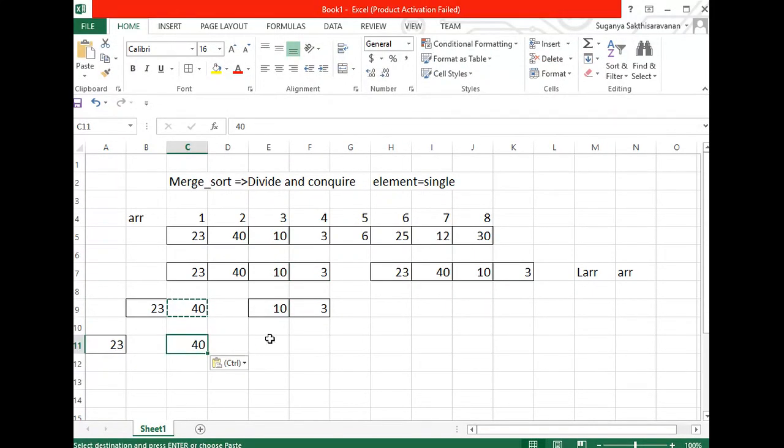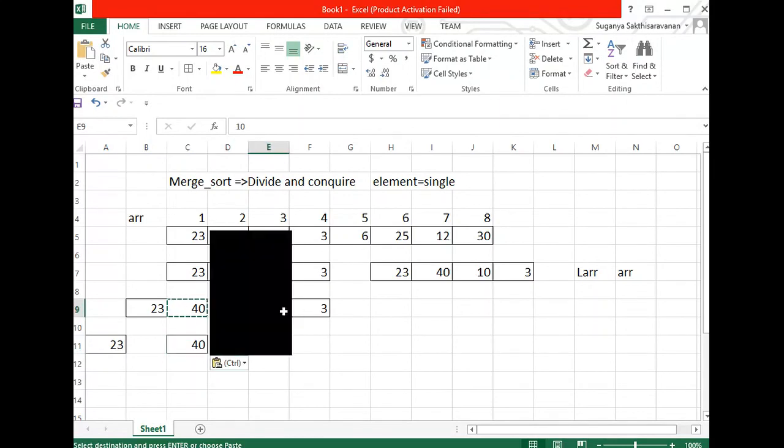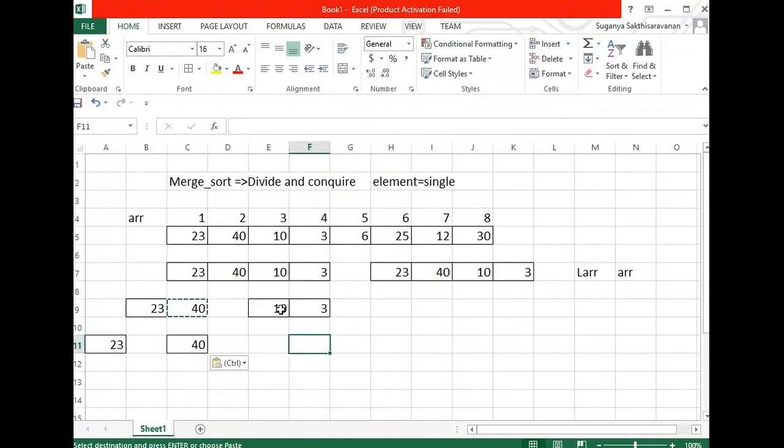Right now, this will become a single element. Again, take this as a single array and divide it into two halves: this element becomes the left array and this element becomes the right array. You can notice that the entire array has been divided into two equal halves. Again, the left array is taken and divided into two equal halves, and again the left array is taken and divided.